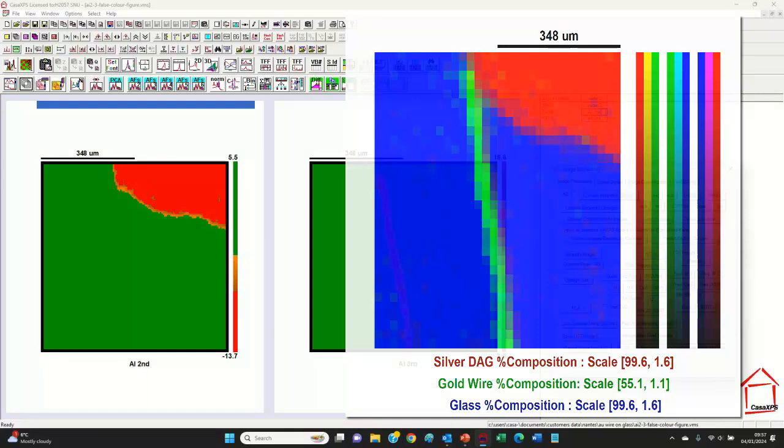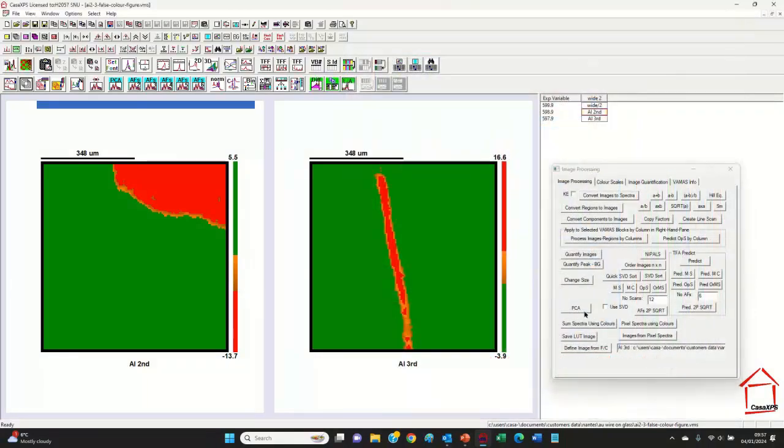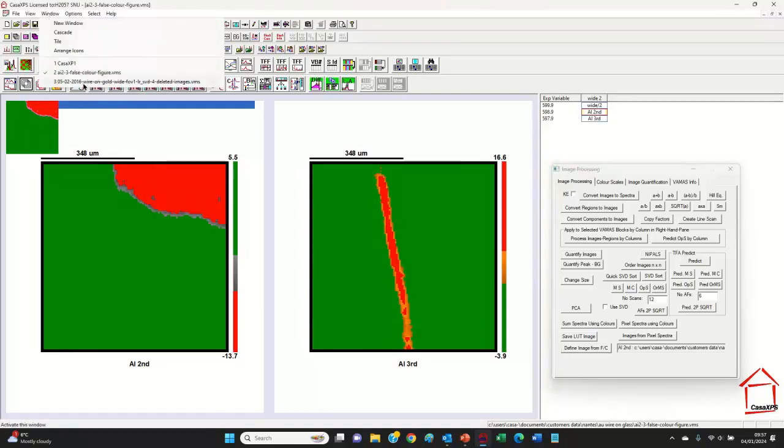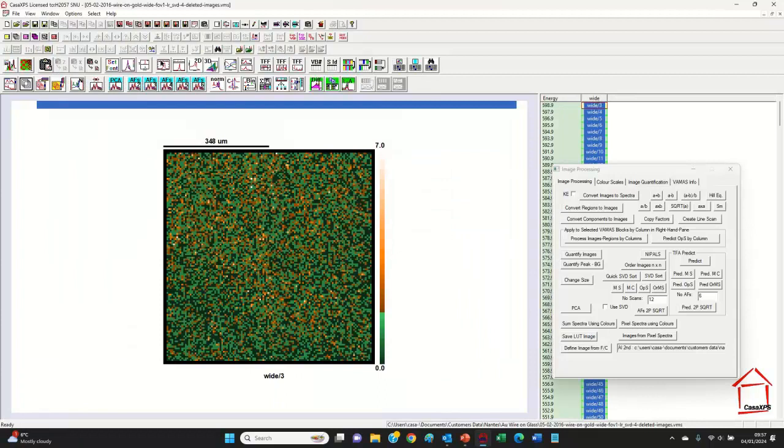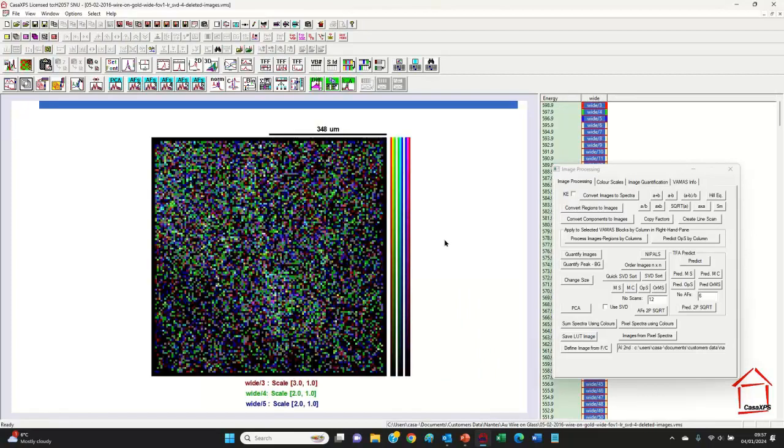XPS dataset. We construct the spectra by defining a false color mask based on the false color image, and this is performed using define image from F/C, that's false color image. So having selected a tile that contains the false color image, I press the button define image from false color and the mask is defined, at which point I can move to a corresponding imaging data set and overlay the images in the active tile, so I have all the data necessary to create the spectra, and